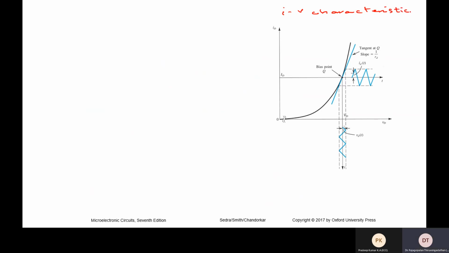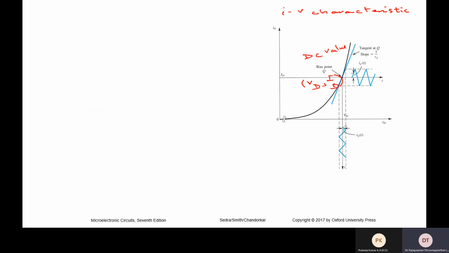And here you can clearly see there is a small DC value, which is the DC operating point, or the Q point, bias point, that corresponds to DC values. So this bias point's coordinates are obviously the X coordinate is VD, which is the DC value, again because I use the capital sign, and the capital sign for the corresponding current.